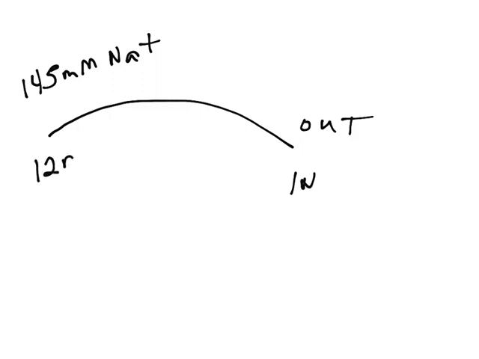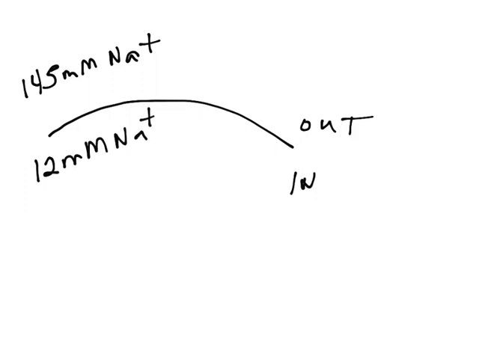So in this example, we've got 145 millimolar sodium concentration outside the cell. So this is my cell. This is outside the cell, this is inside the cell. And this is how I think about all of these types of problems. I always start out with a sketch so I can keep track of what concentrations are on what side of the cell membrane and the direction of my solute flow. So in this case, I've got 145 millimolar sodium cation outside the cell, and I've got 12 millimolar sodium cation